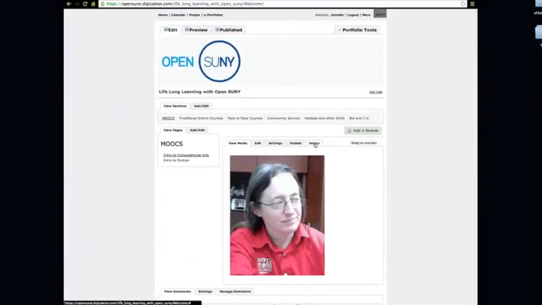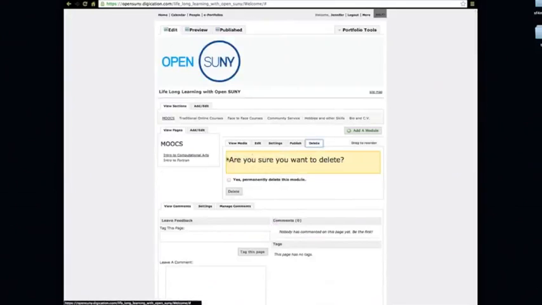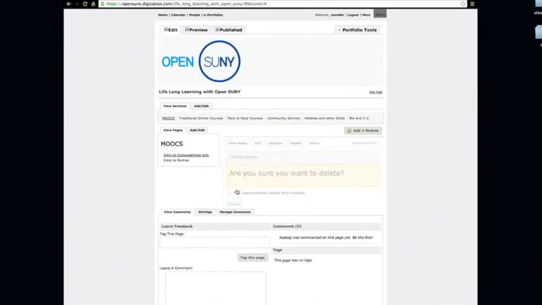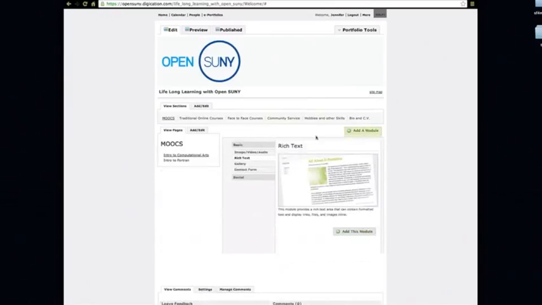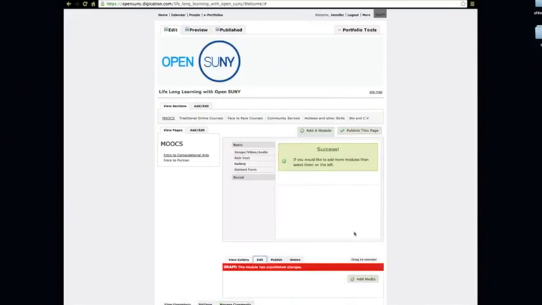And I'm going to say I'm really not that interested in having my picture here, so I'm going to delete that. And it's going to say yes, or do you really want to delete it? Yes, I really want to delete it. Let's do something more interesting. Let's add a module that's a gallery. Now, if you want, you could do this for extra credit for your MOOC, Intro to Computational Arts. I'm going to go ahead and add this module,